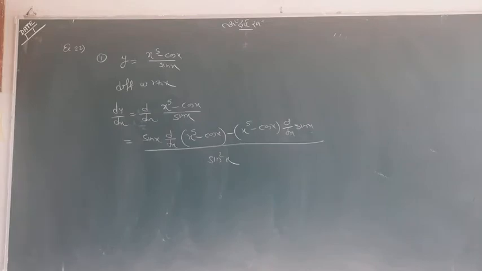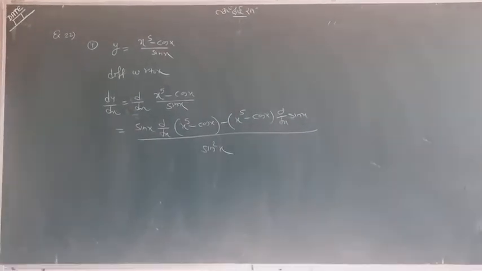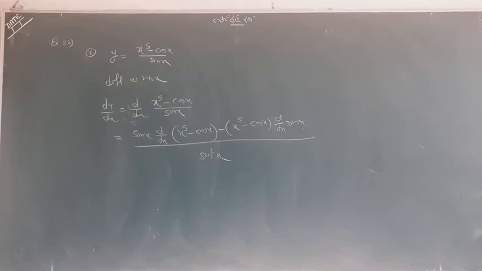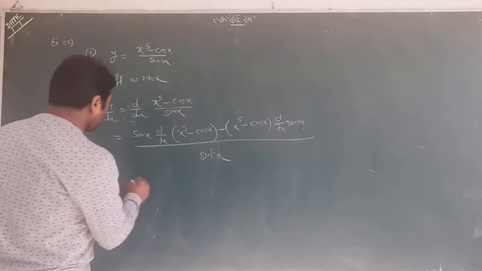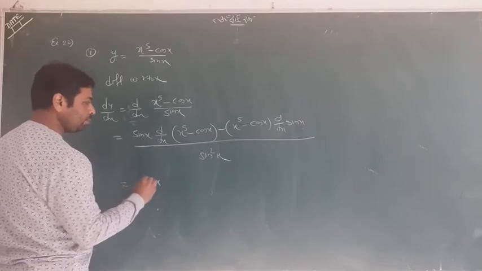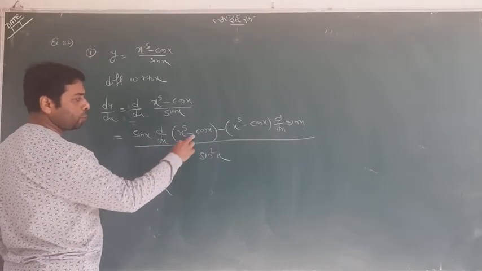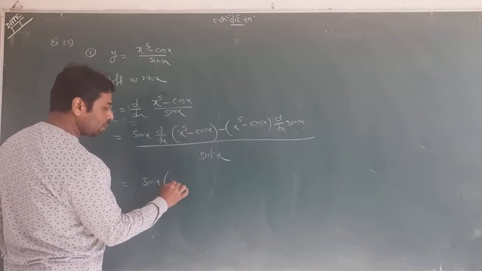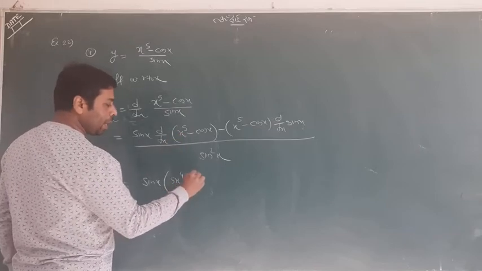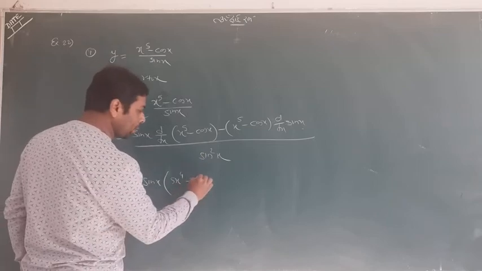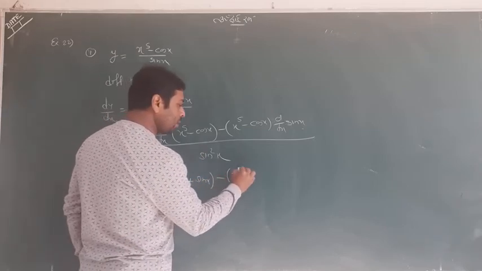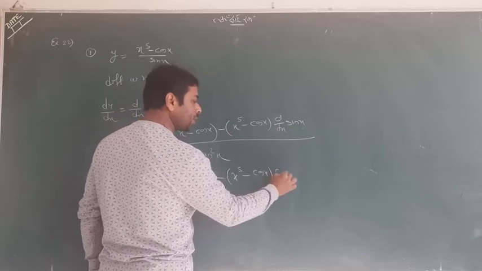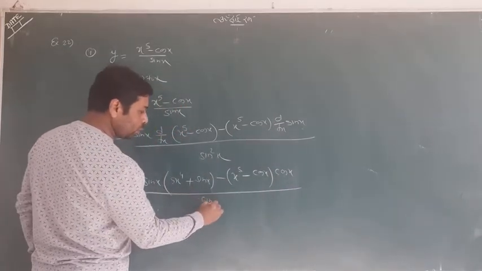Now what we'll do, we have sin x, and d by dx of both will happen. You know it's a minus sign, so d by dx will separate in two parts. d by dx of x to the power 5 is 5x to the power 4, the power will come in front, and the differentiation of cos is minus sin, so it's going to be plus sin. And it is the same, d by dx of sin x is cos x, you know, upon sin square x.